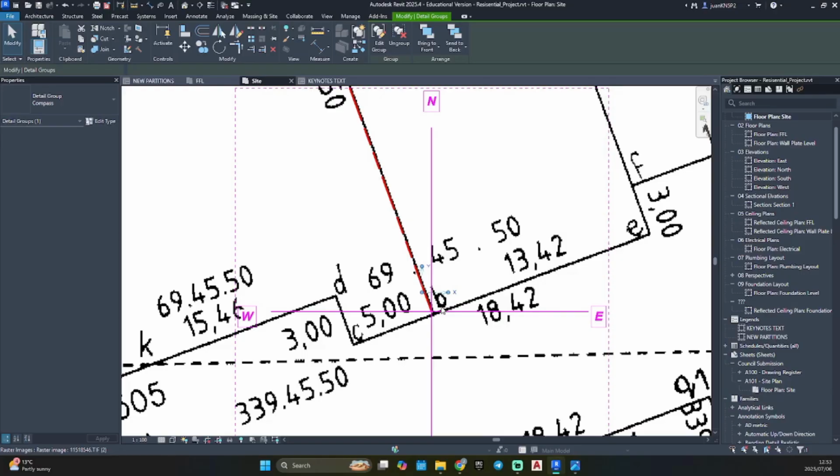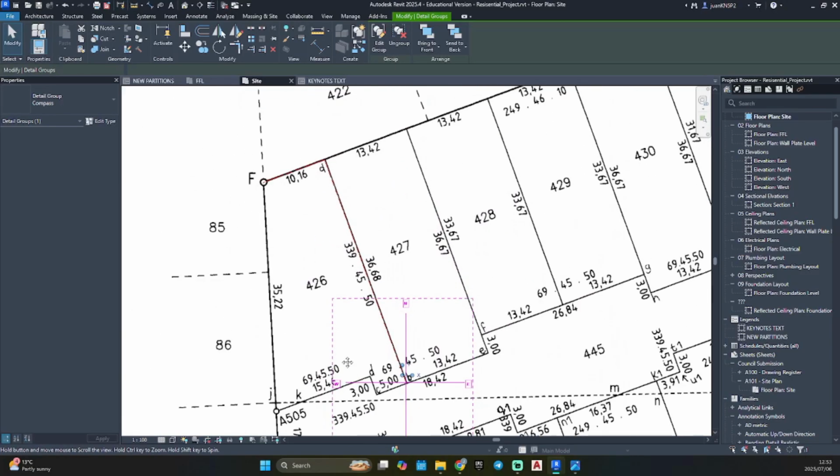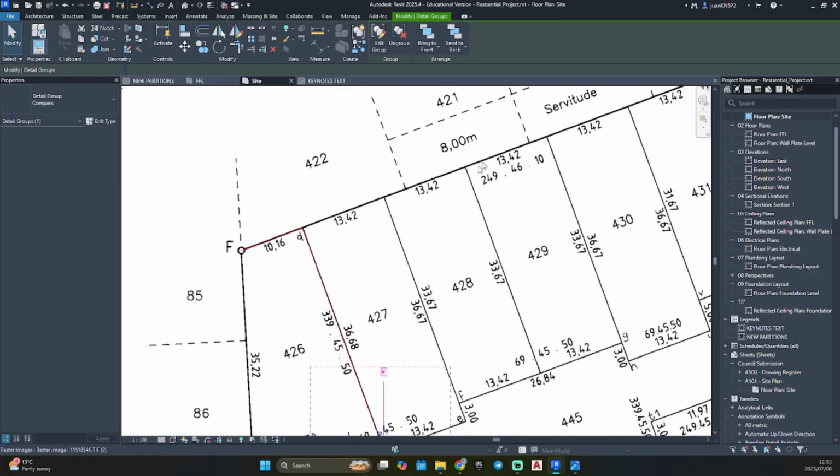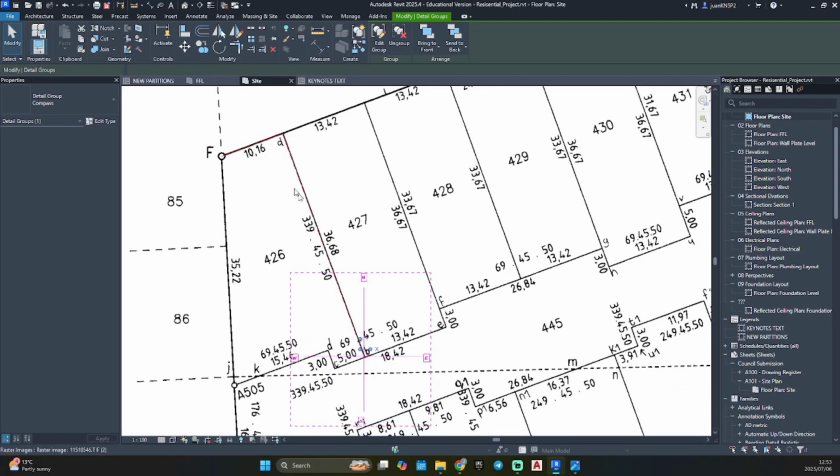Our area angle is 69.4550. So the way Revit works is the previous ones are over 90 degrees. That's why we had to do calculations and set up our correct angles for those two lines.